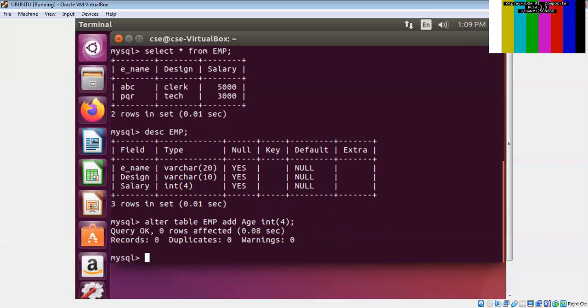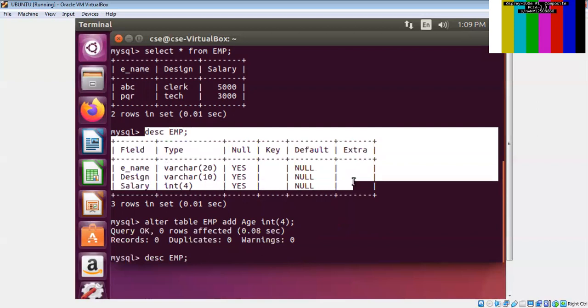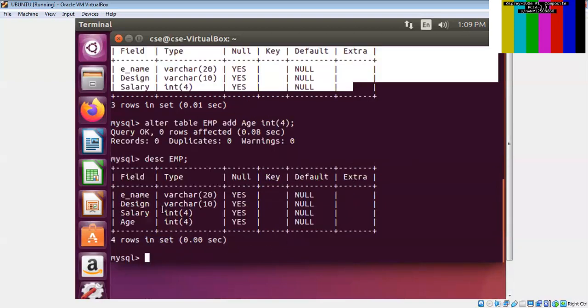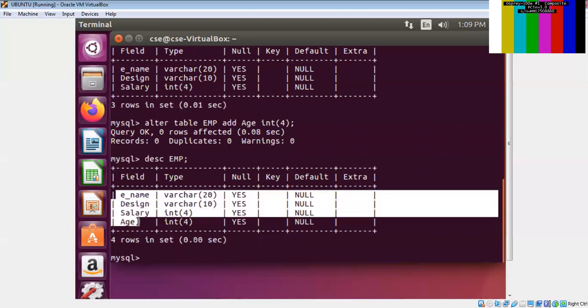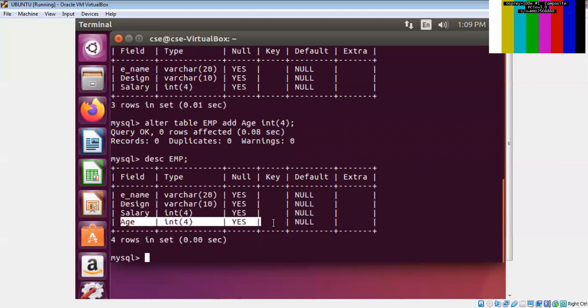So we'll see now the schema of the table employee, which we already displayed here, which shows only 3 columns. Now by using alter command, we have created one more column. Yes. See, now you can see here age. Age is a new column which is added in the already created table.